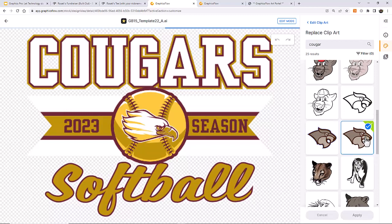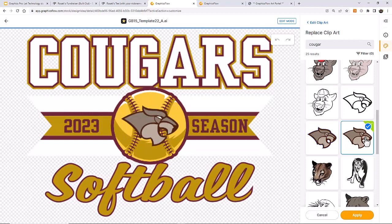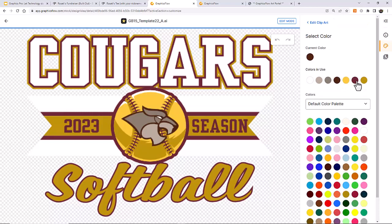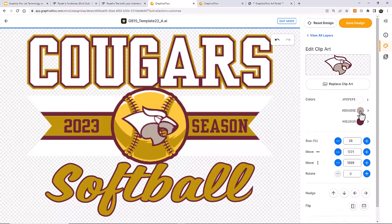So I'm just going to click on it, and I can reposition it or resize it, but it is going to replace the existing clip art in the same size and position. Makes it real easy. Then I'm going to hit apply, and a little pro tip is consolidating the colors in the clip art with the template before we recolor the template. So I'm going to take this brownish color here, and I'm going to recolor it to a color that's already in the design template, and hit apply. I'm going to turn this to white, hit apply. I'm going to turn this color to white,